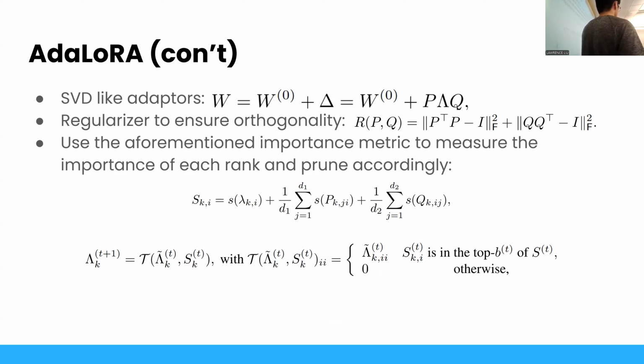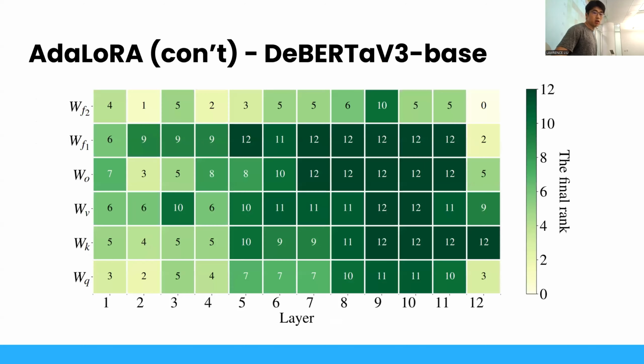entire large language model. So they create a budget of BT, where this is basically annealed from slightly higher than your target budget all the way down to your target budget. And then they just prune the ones that aren't within the top budget of the overall large language model. The pretty cool thing about this is then you can visualize which weight matrices